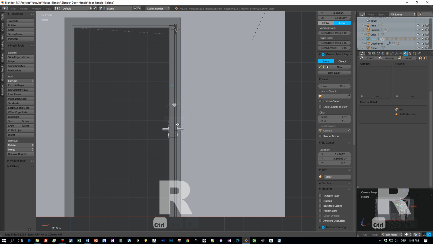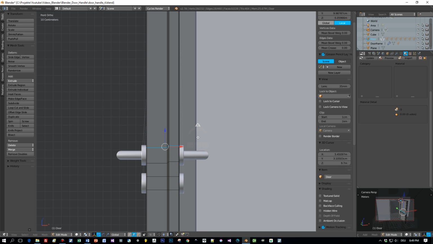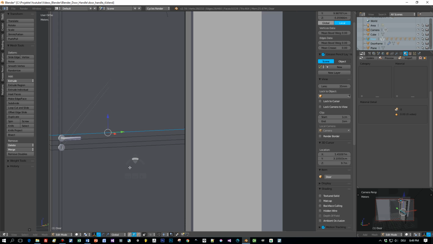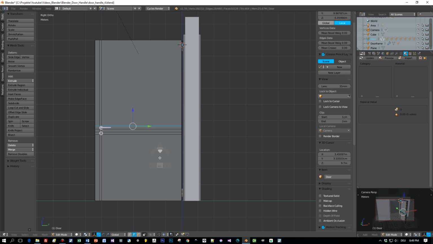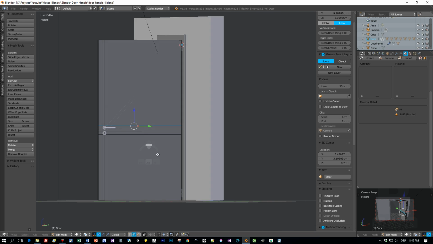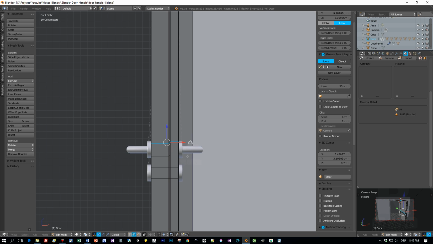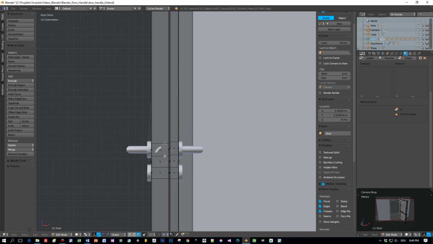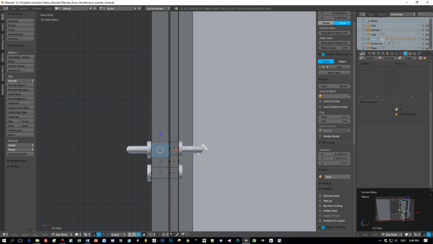Again, Ctrl R. Okay, and then I will switch to face selection mode, because I have to add a kind of insert here to this face to create a hole. So I press I key and create this insert,